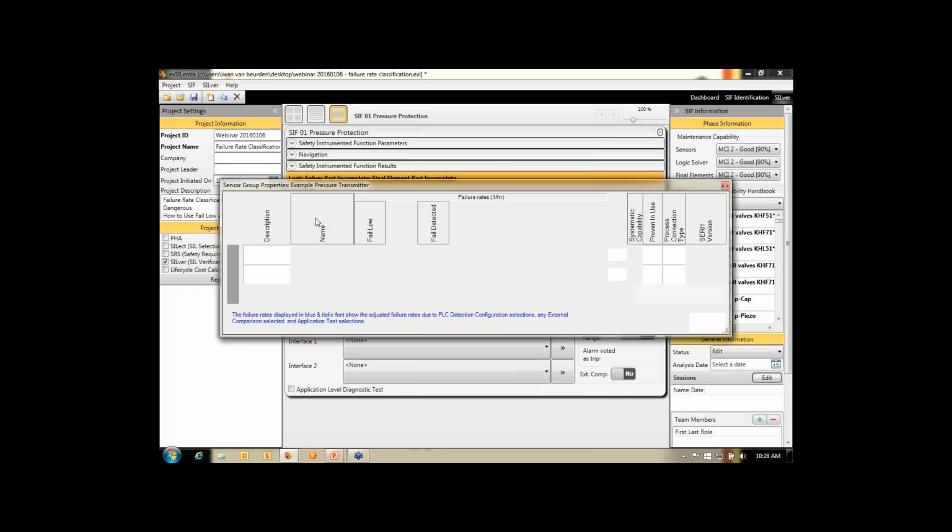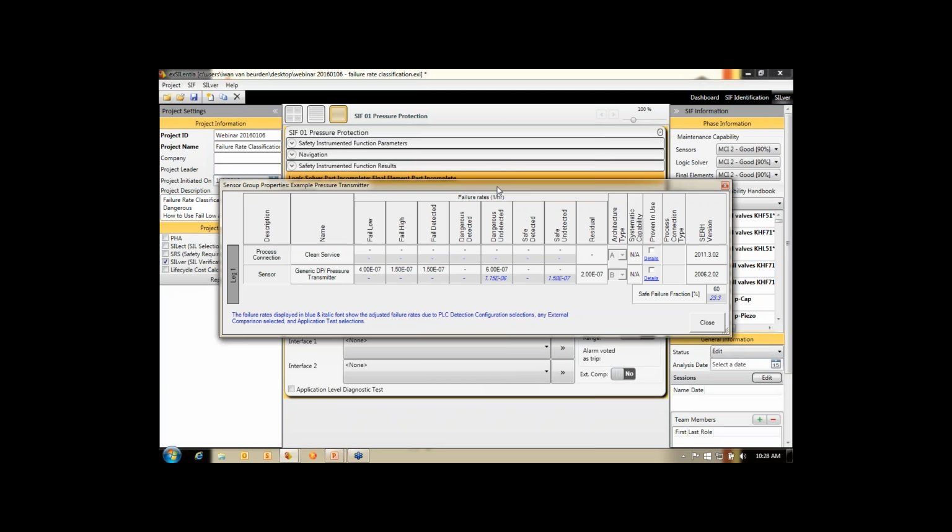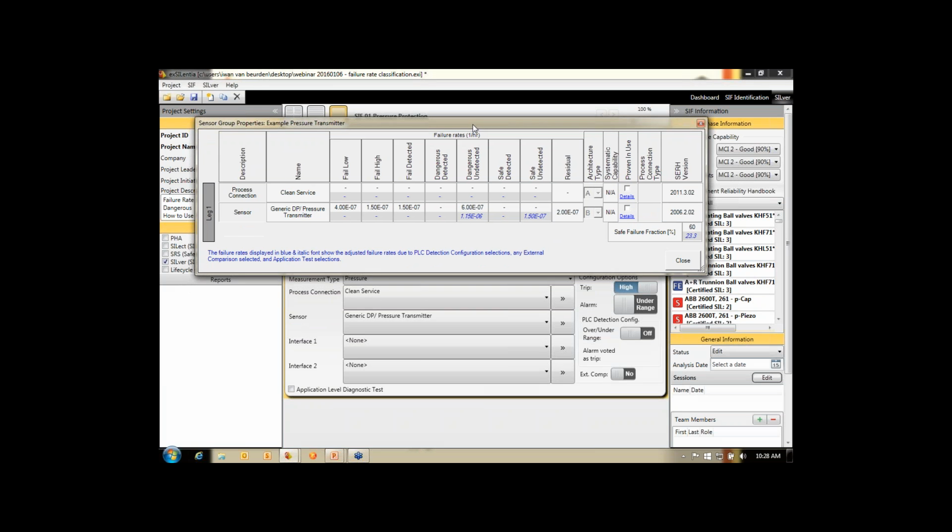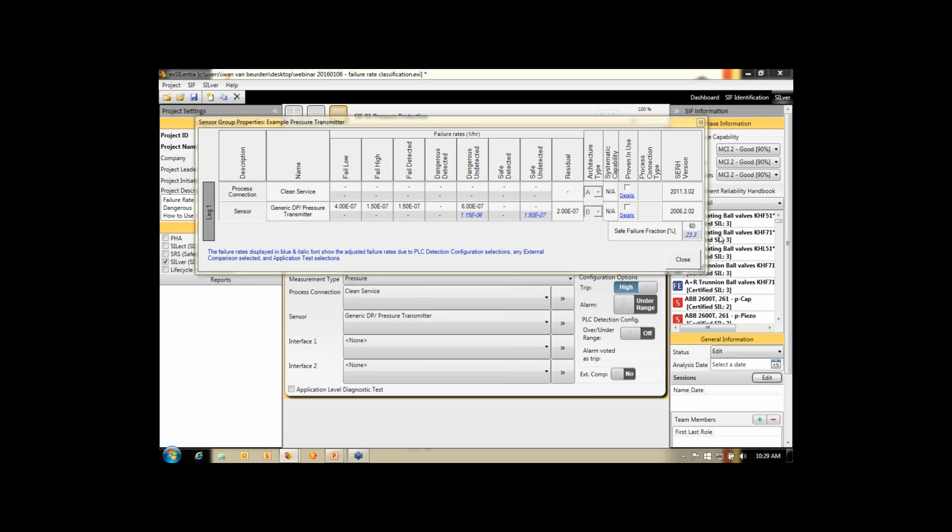So what does that do for my failure rates? Well, fail high will go through the trip point. Right now I've specified that the PLC detection is off. I don't flag out of range signals as detected. So fail high goes through the trip point,